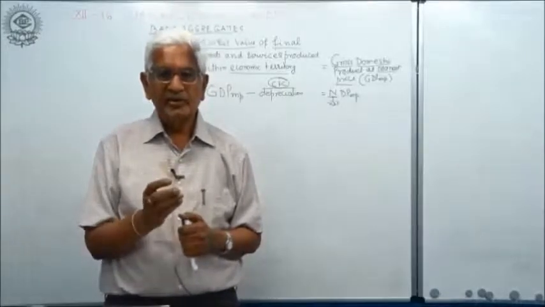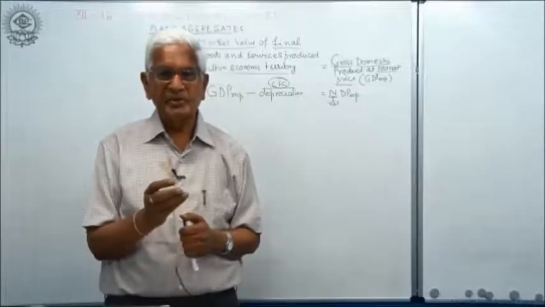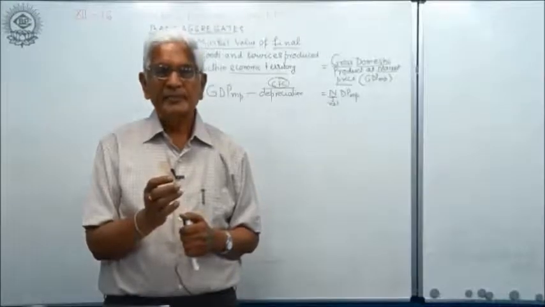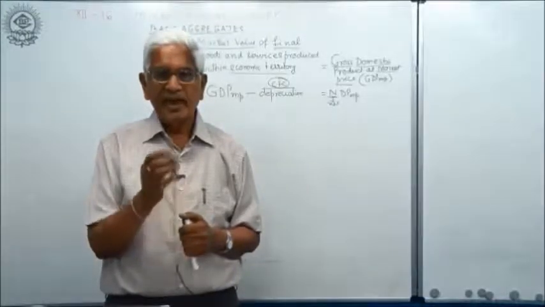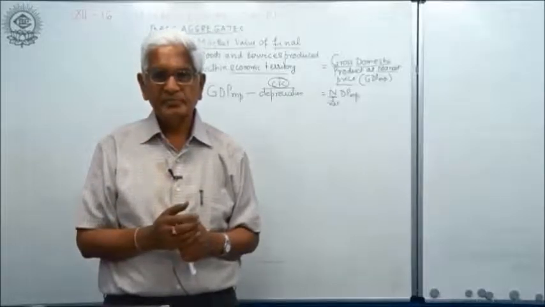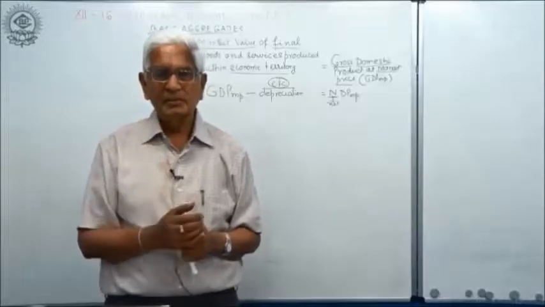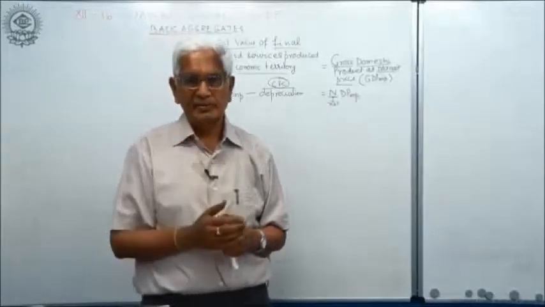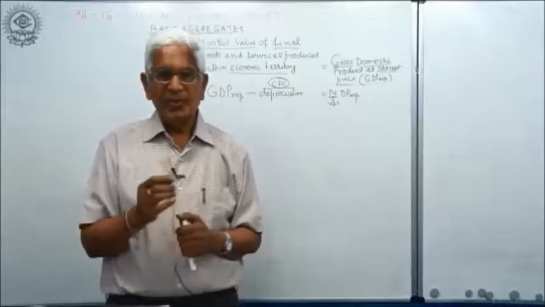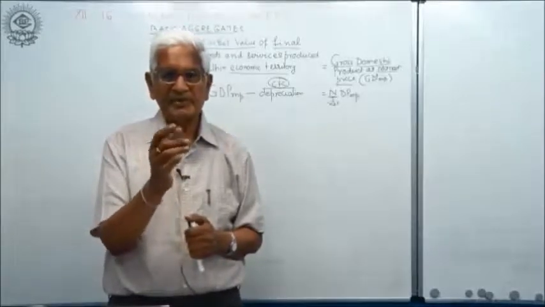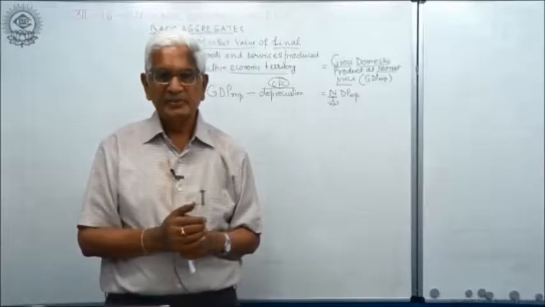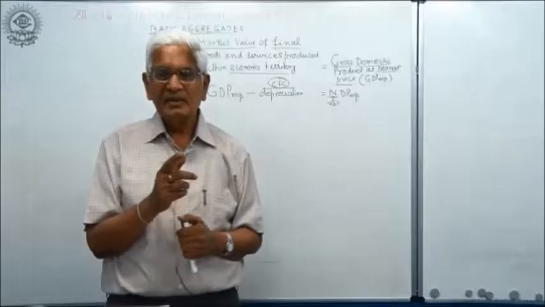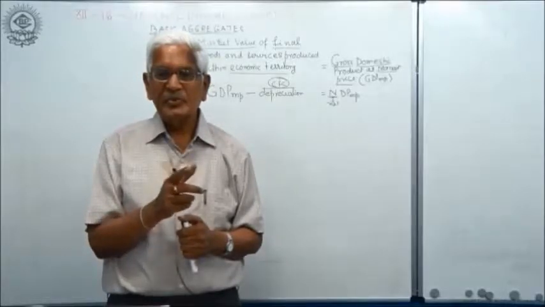They earn in the form of compensation of employees, rent and royalty, interest and profits. Now I give you an example first. Suppose you pay 1,000 rupees for buying a commodity. You pay 1,000 rupees, the shopkeeper receives 1,000 rupees. But is this 1,000 rupees ultimately distributed between